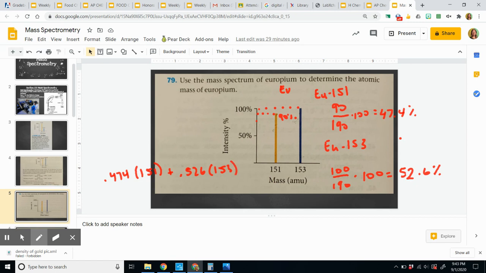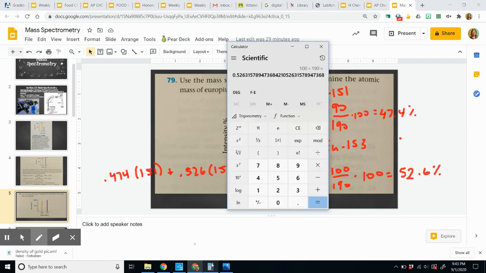Okay, and so we need to multiply these out. 0.474 times 151 equals